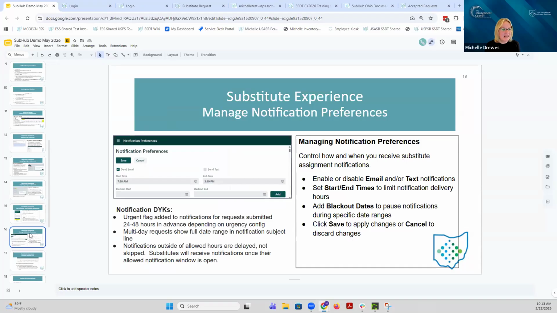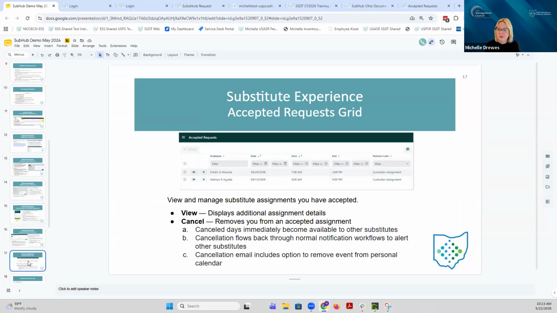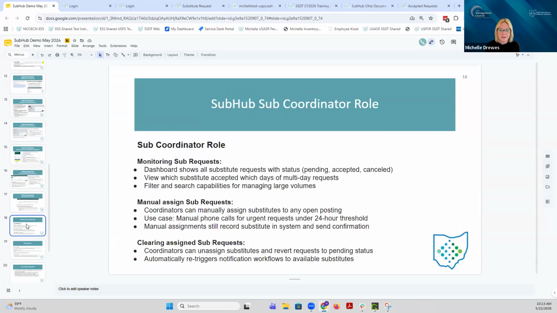And these next few slides are just going over some of the stuff that we just covered, that we just demoed. So, manage notification preferences. Again, these are just train-the-trainer materials for you to take and tweak and do whatever you want with, on these different steps of how a sub accepts